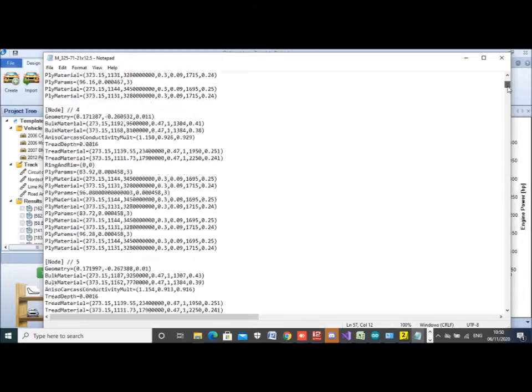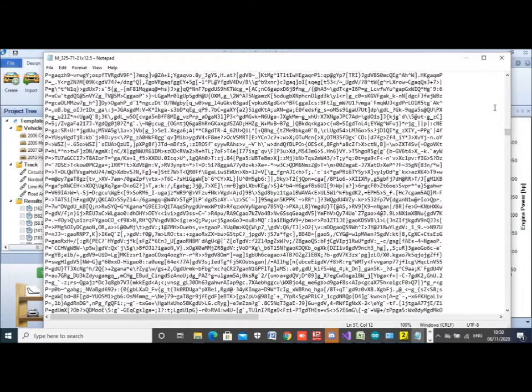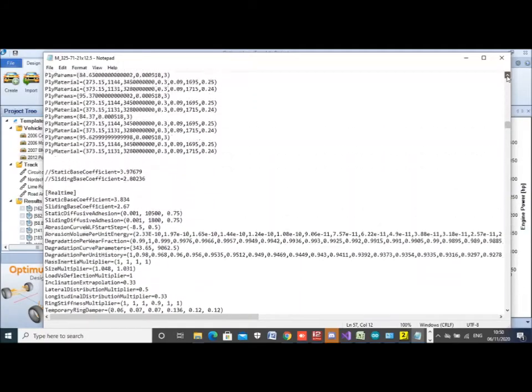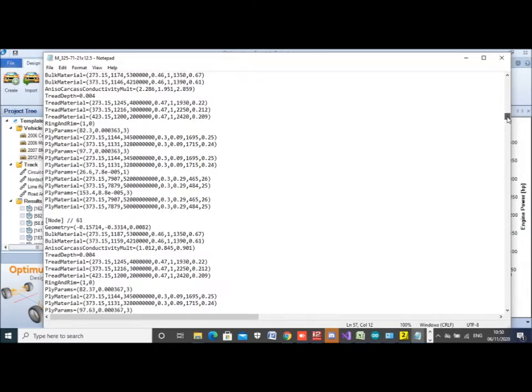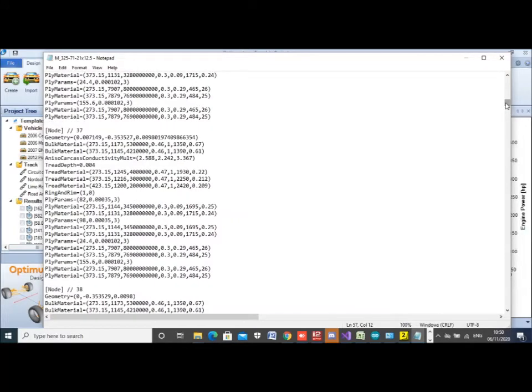In this case, if we scroll down, you'll get to this encrypted data. You can scroll just above it, you'll get to the last of the nodes, in this case node 76. So node 76 will be on the opposite side to node 1. If we scroll to about halfway between 1 and 76, there's 35, 37. Node 37,